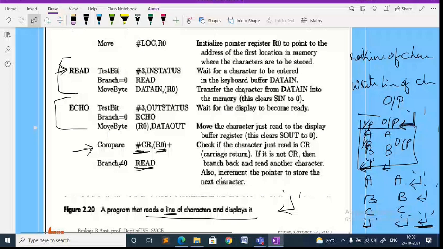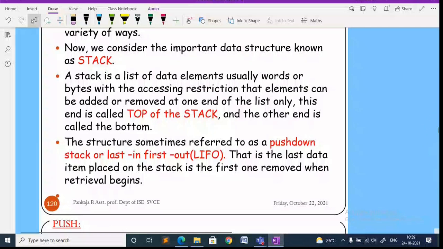Normally we are going to use stacks for storing data temporarily. You will be learning the applications of the stack in data structures. Normally you use it for evaluating expressions. But in a computer system, where are we going to use the stack?